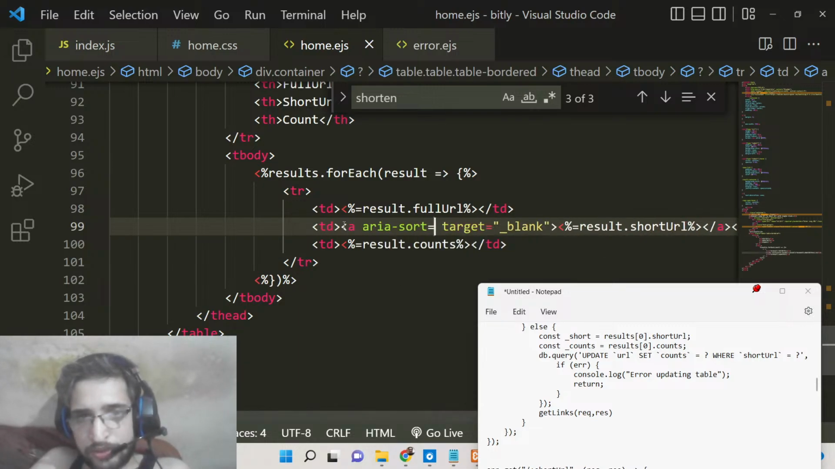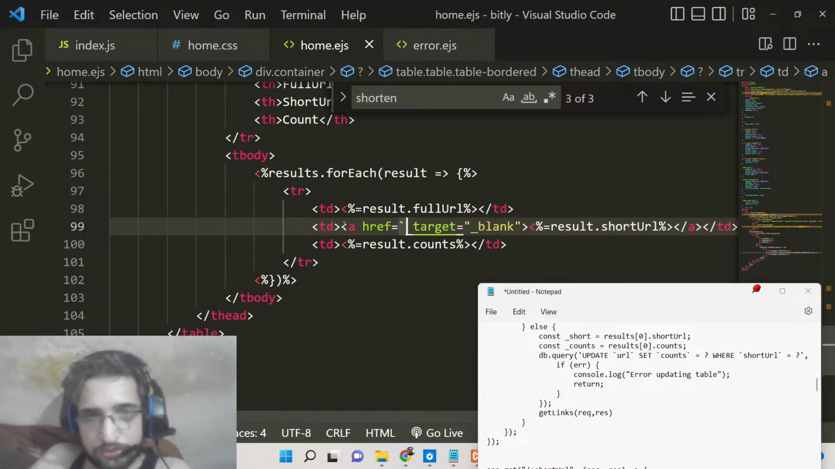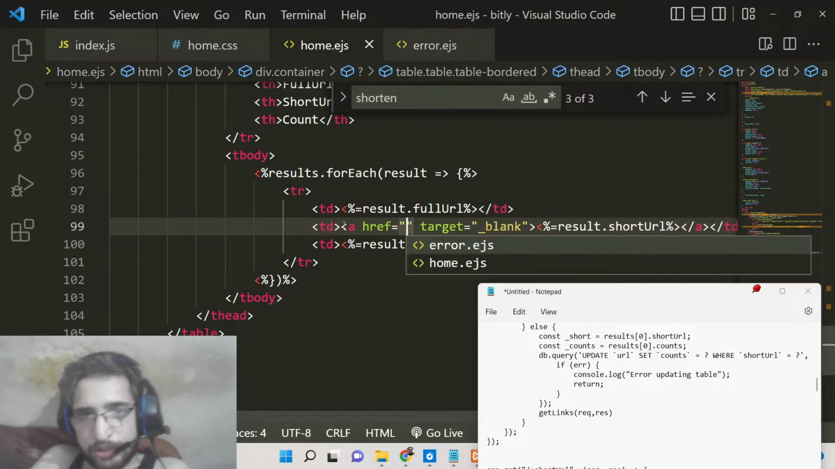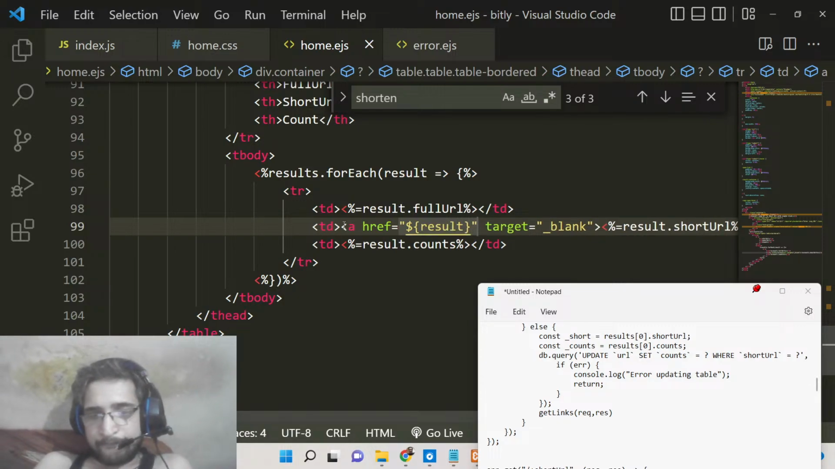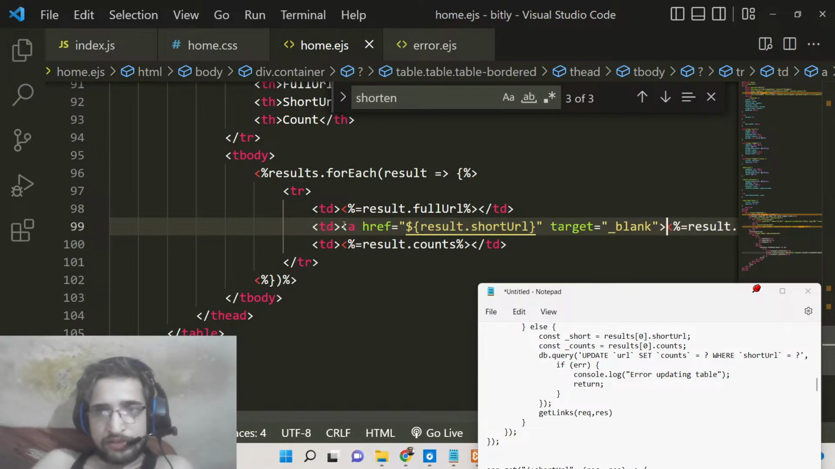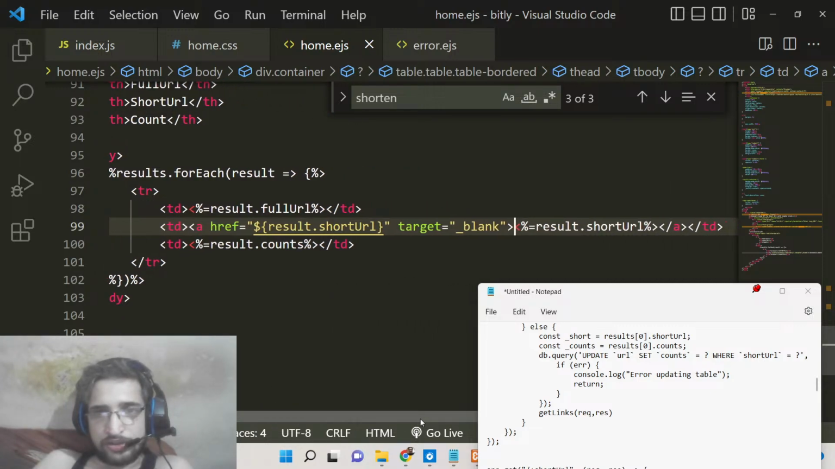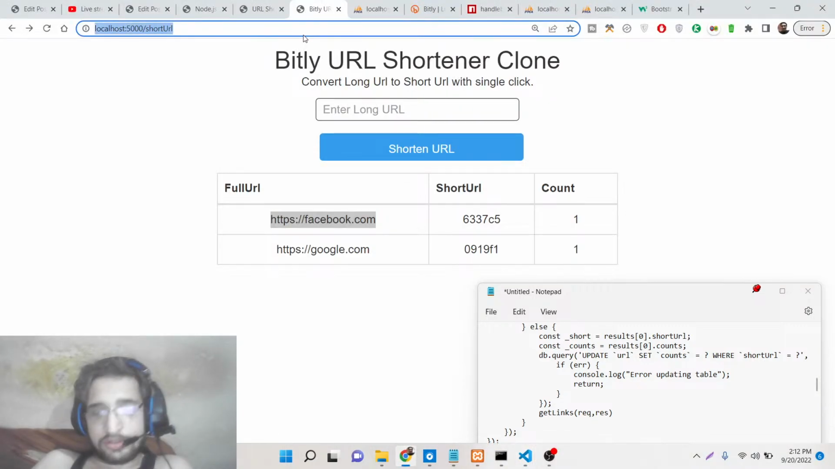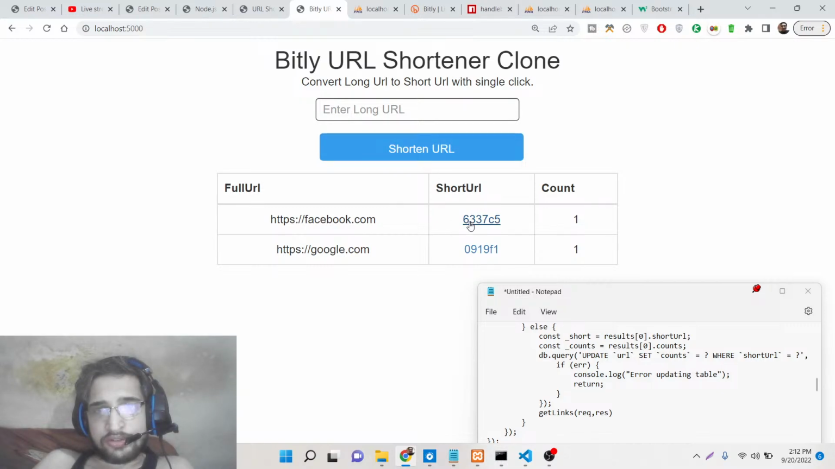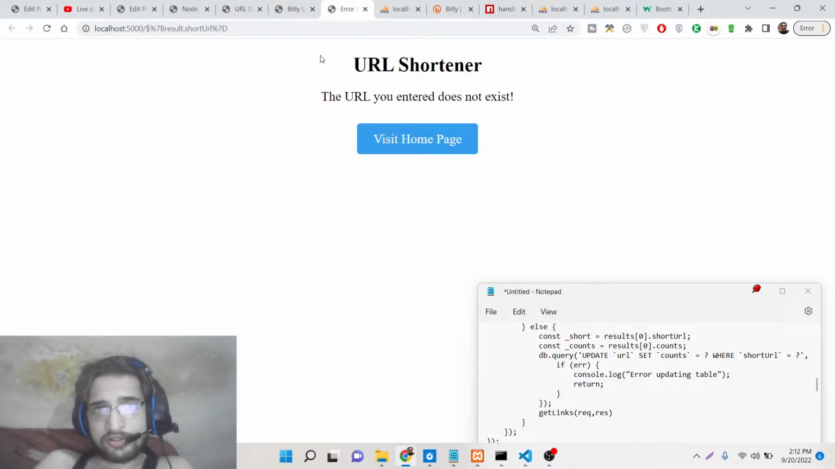and the href will be equal to result.shortURL, and the text will be equal to this one. That's it. This is all that you need to do. It will redirect the user to the short URL. If you refresh it, now you can see it is clickable. If you go to, basically it is saying